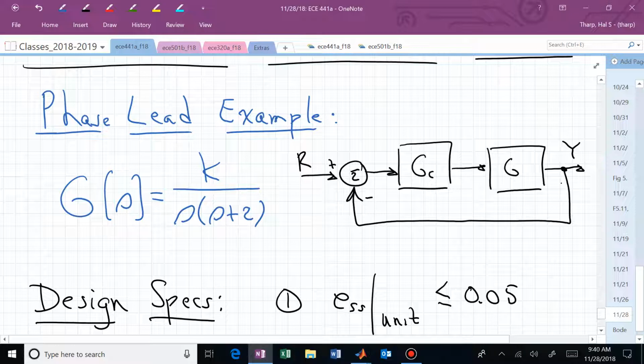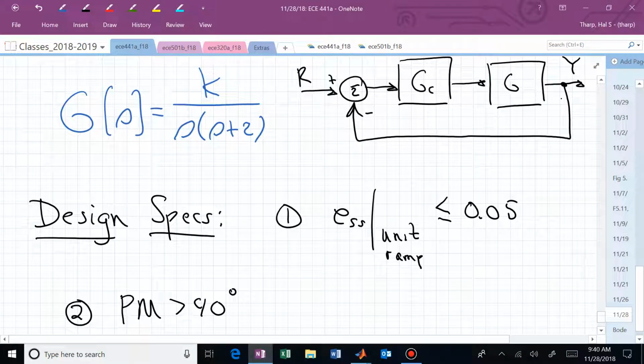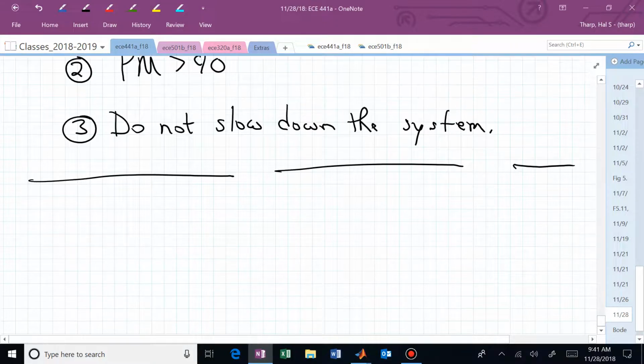I have to find a K, do I not? So the first thing that I need to do is figure out what K is before I can even sketch the Bode plot. I could sketch a Bode plot for a generic K and what? Oh, shoot, I messed up. Well, don't erase anything. Keep the phase curve exactly as you've drawn it. Now just adjust the entire magnitude curve up or down depending on what you determine your gain needs to be. So now you say, oh, my K needed to be 10. Well, now you take 20 log of 10. You just adjust your gain curve everywhere up 20 dB from where it was. Okay, well, let's avoid that and let's find K to begin with. So let's find K